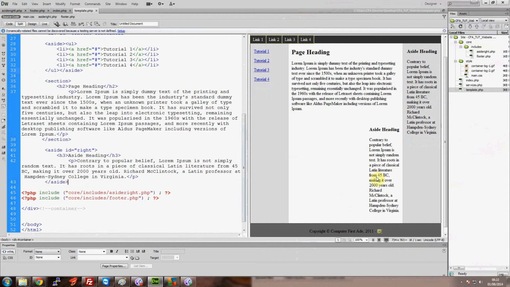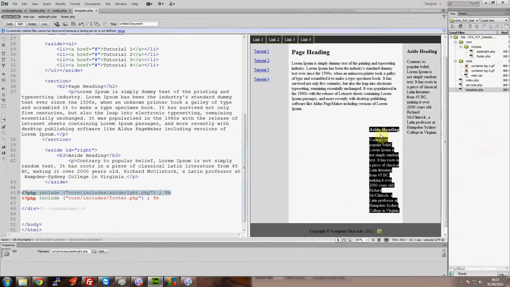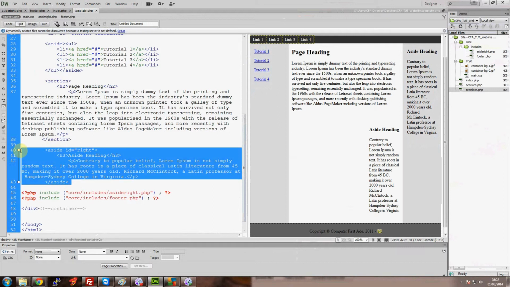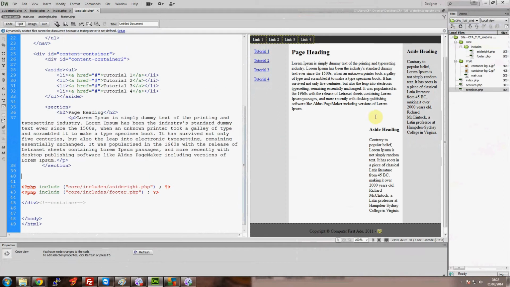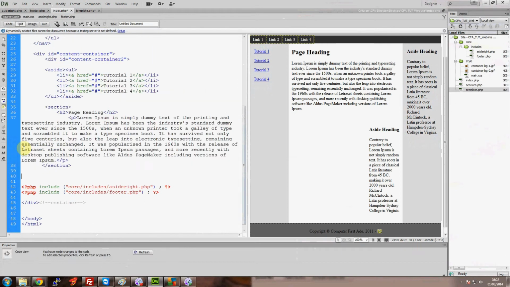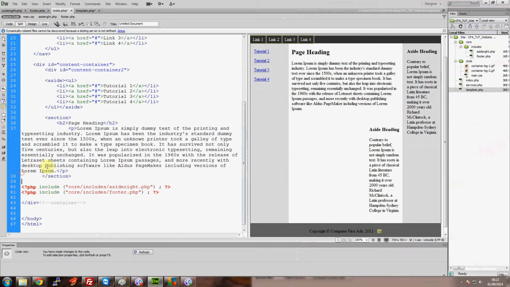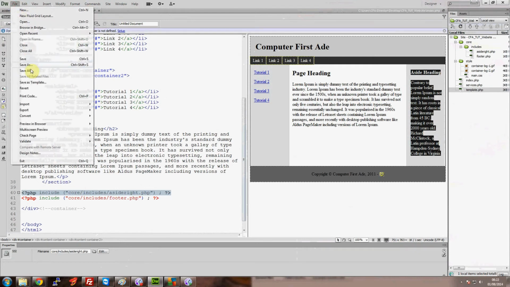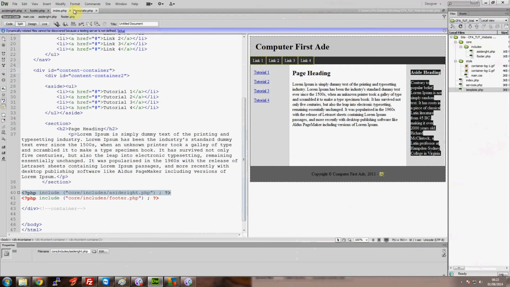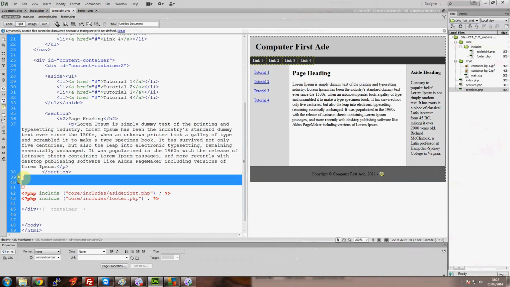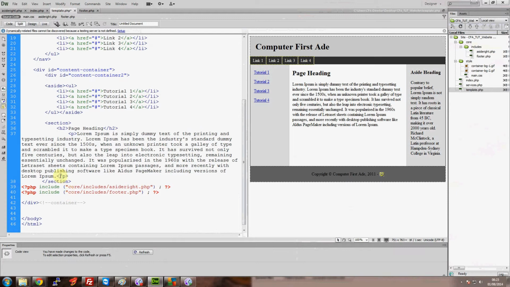Oh, and that's what I mean about putting things in properly, because things go mad. So let's take that out because we've done that one. Excuse me. Okay, now